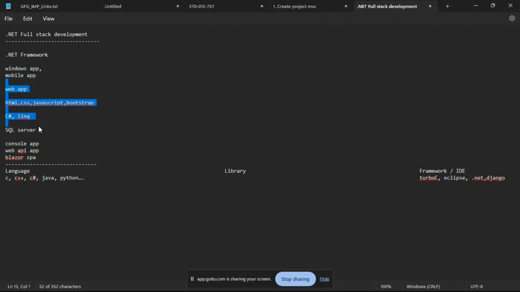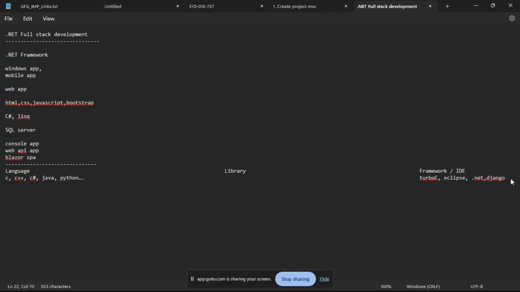Here we will learn only the C# language, but where do we get all these other things from? All these things are provided in a framework. I mentioned the .NET framework. The .NET framework has a lot of reusable libraries, and it helps us implement all these kinds of applications. In the same way, every framework has